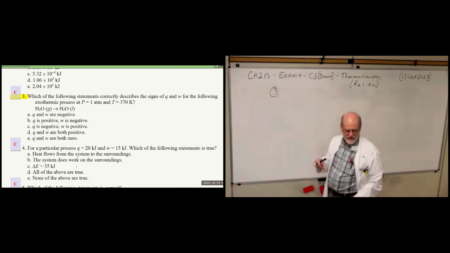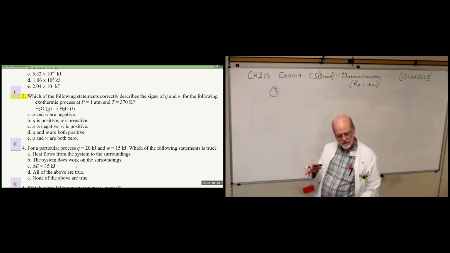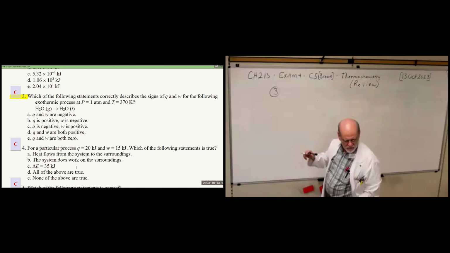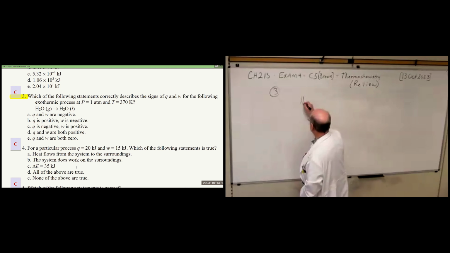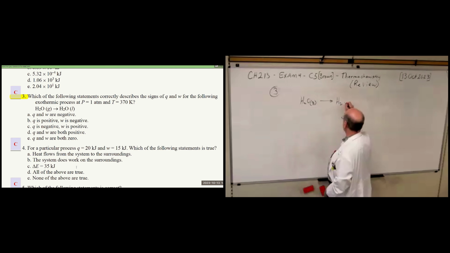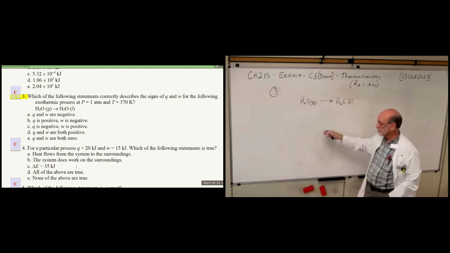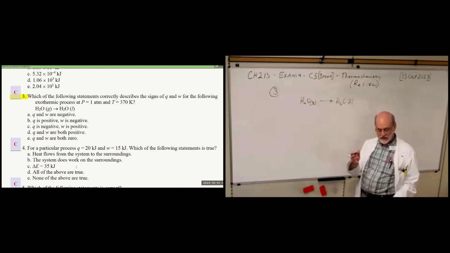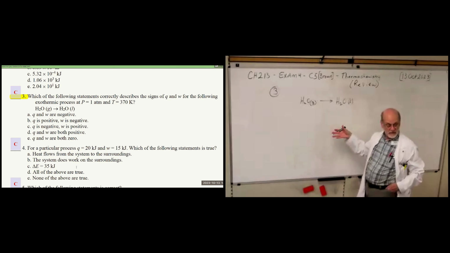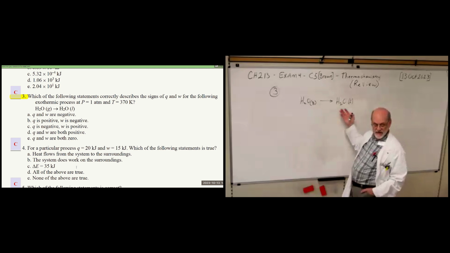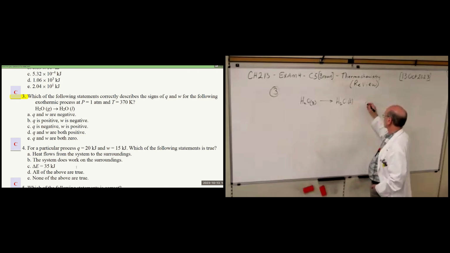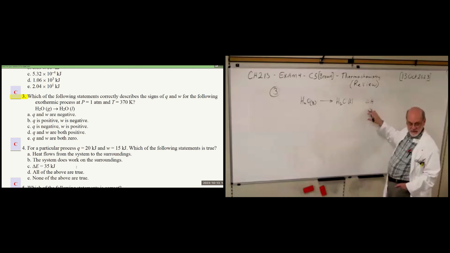All right, number 3. Which of the following statements correctly describes the sign of Q and W for the following exothermic process? The process is water vapor going to liquid water, right? It's condensing from a gas to a liquid, and it's an exothermic process. It tells you right there. Is that reasonable? Should it lose heat going from gas to liquid? Yeah, definitely exothermic. So delta H, the change in enthalpy,